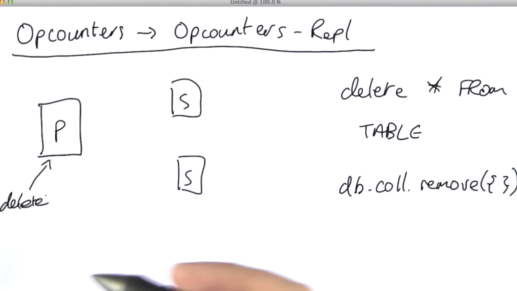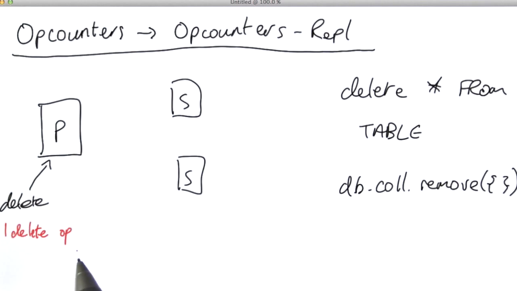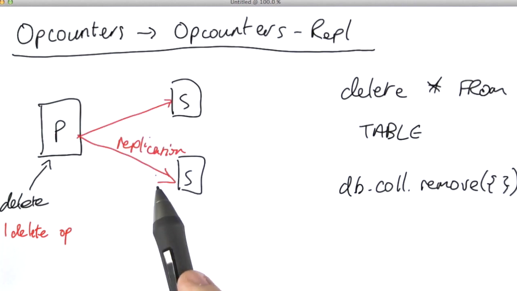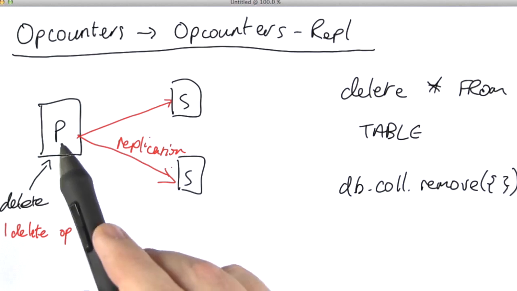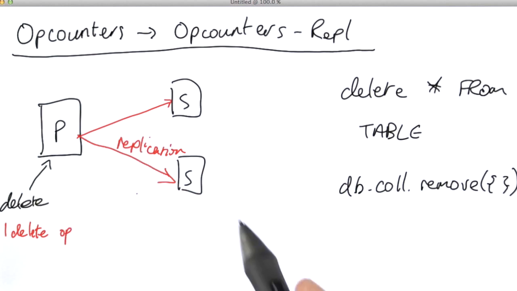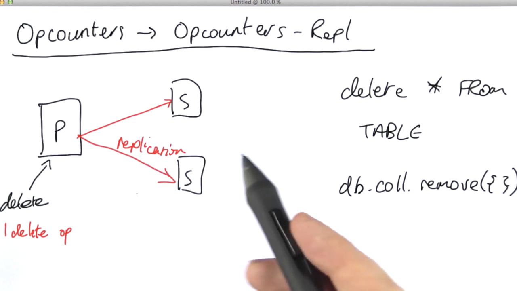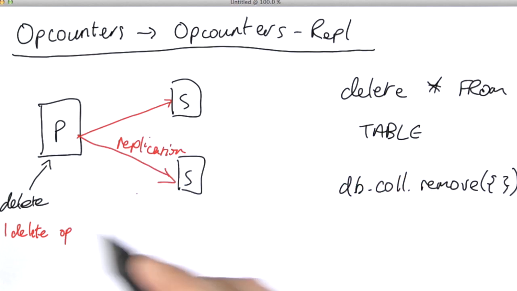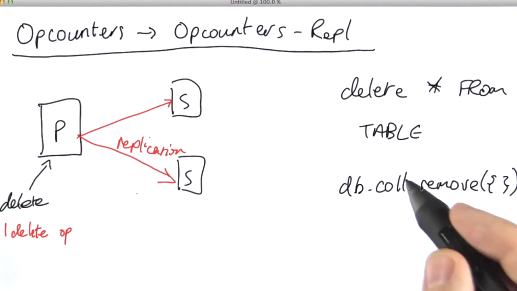And that's what it shows up as. It shows up as literally one delete op on this primary. So your opcounters graph in MMS will show one delete. However, when that gets replicated across, because of the nature of the replication and how these operations actually go into the oplog and are then sent to the secondary, which has been covered in 102 and we'll get into in a bit more detail later on in the course, that one delete will essentially explode into however many documents